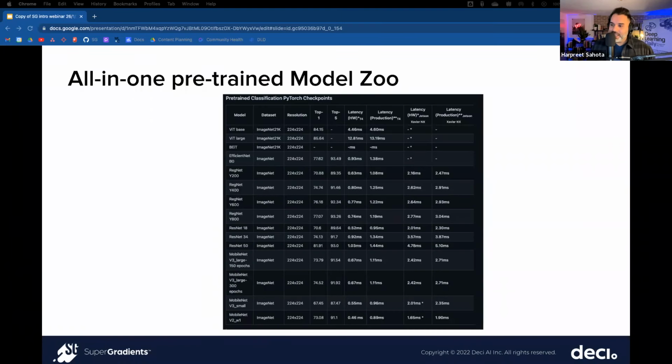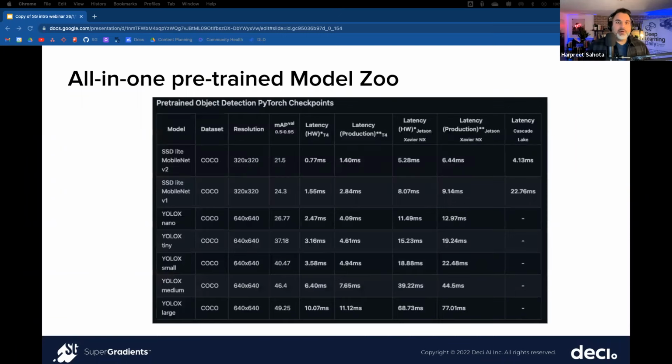So first, we're looking at classification here. These are all the pre-trained classification models that we have available to you in SuperGradients. You can see here, it'll tell you the dataset it was trained on, the resolution, top 1, top 5 accuracy, as well as the latency on various different hardware devices. We also got these models right here for object detection that are pre-trained and available for you to use,